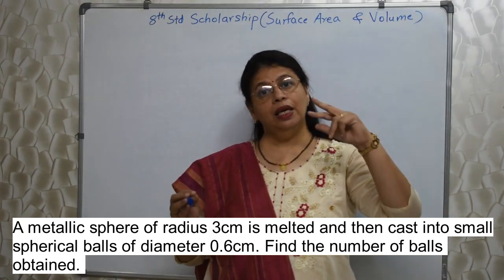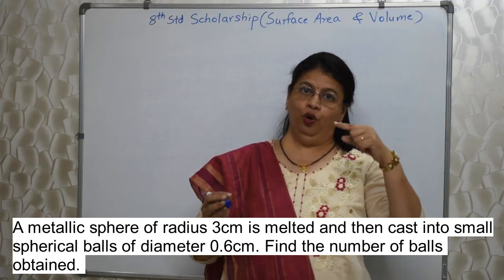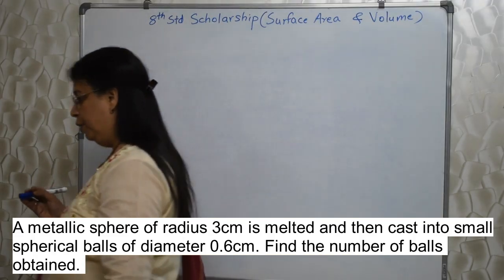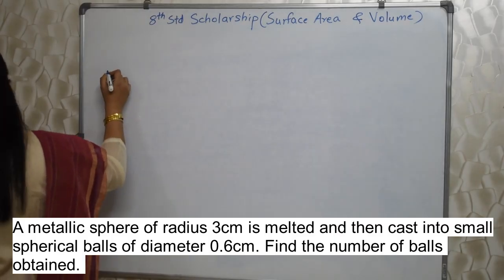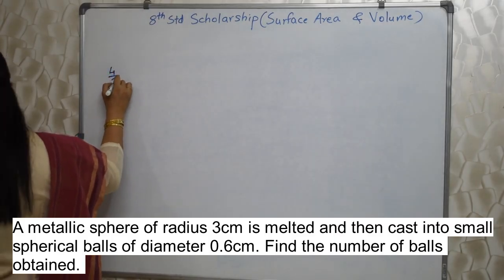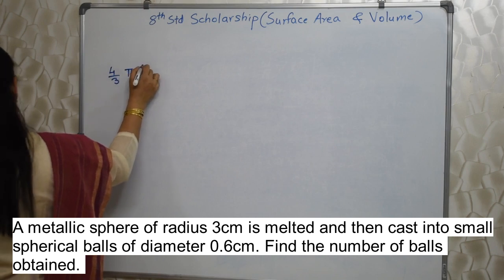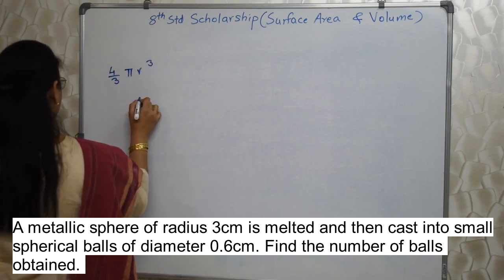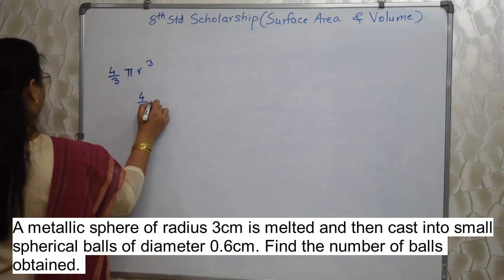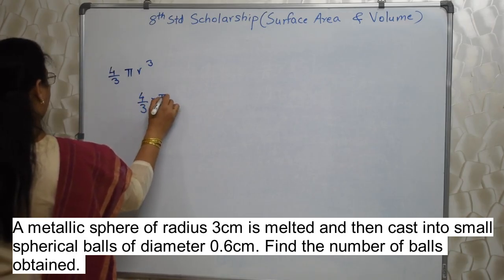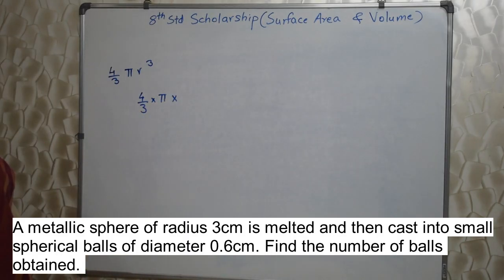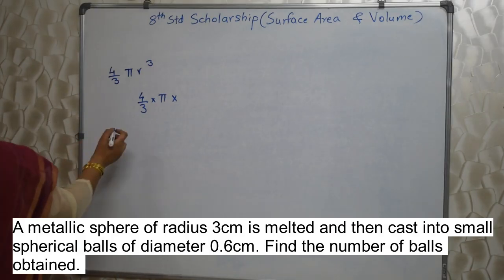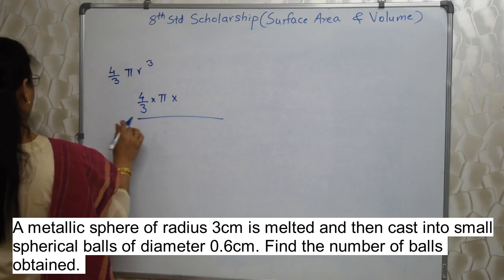Okay, here both the things are spheres, so our formula will be the same for the bigger thing as well as the smaller thing. Both are spheres. So what is the volume of the bigger sphere? That will be 4 upon 3 pi r cube. So we are going to use this for the bigger one. 4 upon 3 into pi. I am not writing 22 upon 7 here for a reason, because that will anyway go with the formula down below, because there also there will be pi.